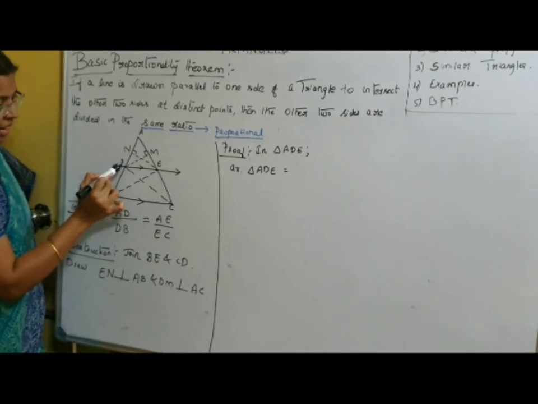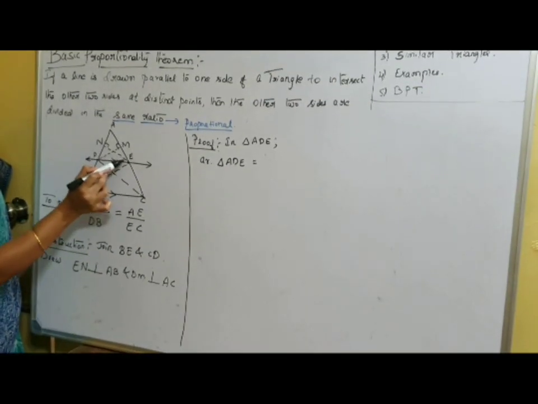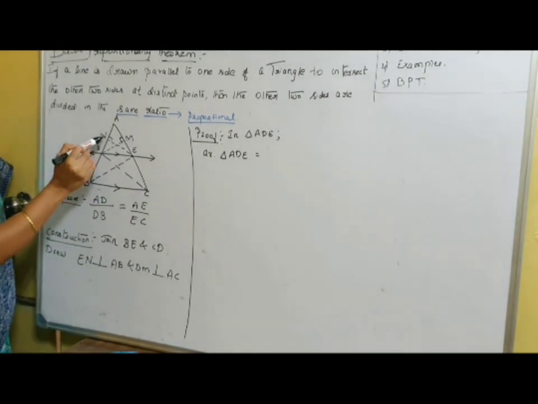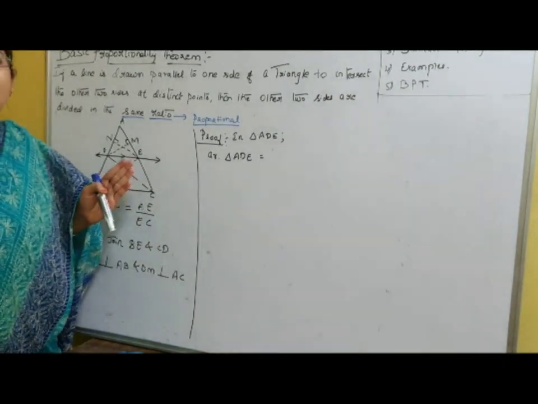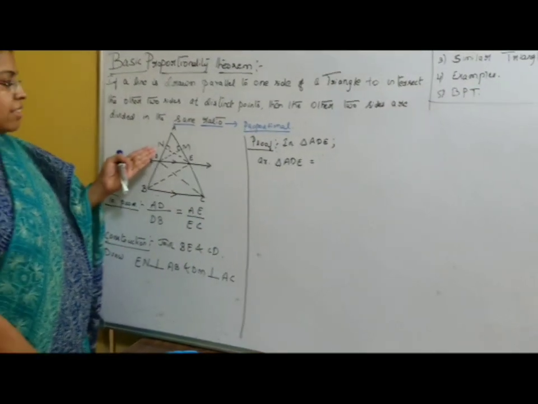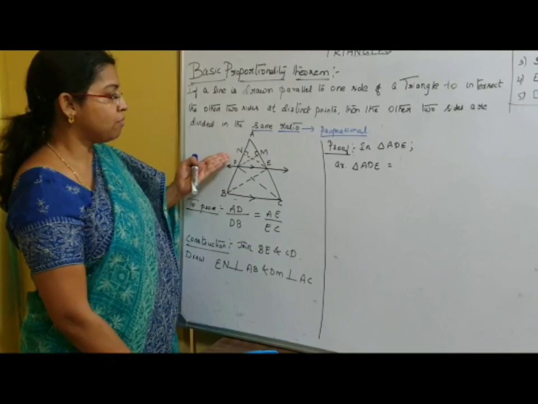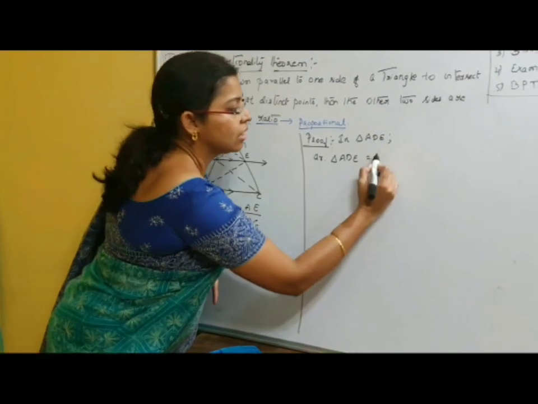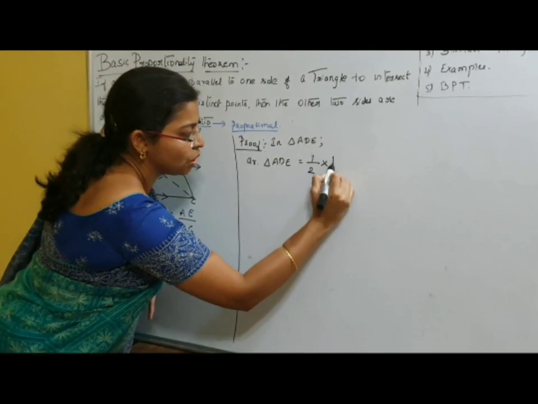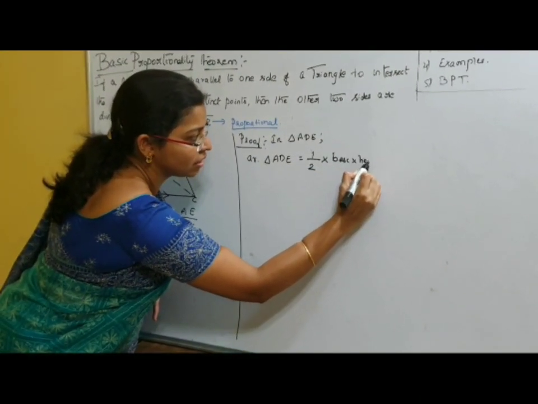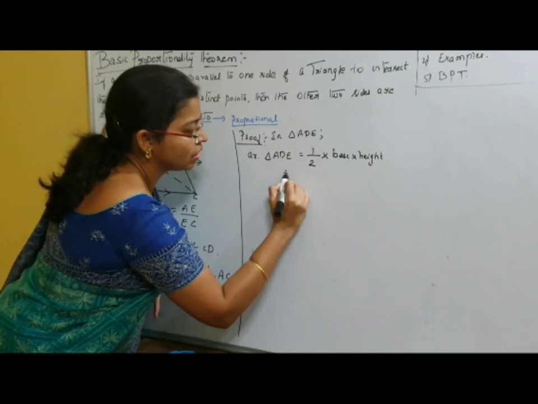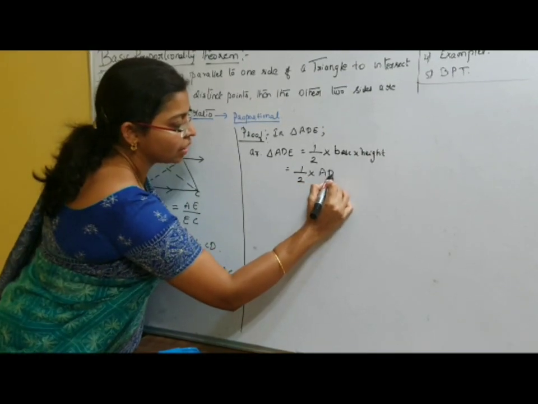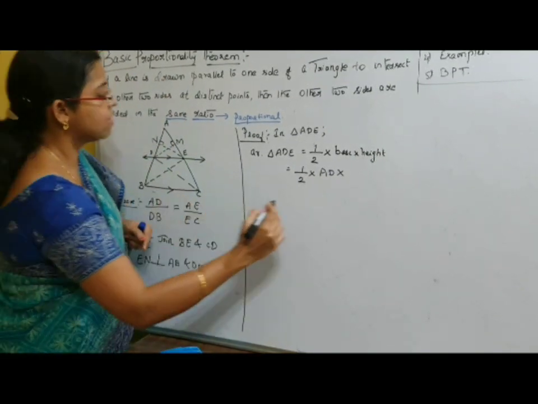Consider AD as a base. So what is EM? It is a perpendicular line which is drawn to the base AD. When we say it is perpendicular, it is nothing but the altitude or height for the triangle. Therefore, what is the area of the triangle? Half base into height. Half base is AD and EM will be the height. Half into base into height. If you consider the base as AD, the perpendicular which is drawn to that base is EN.